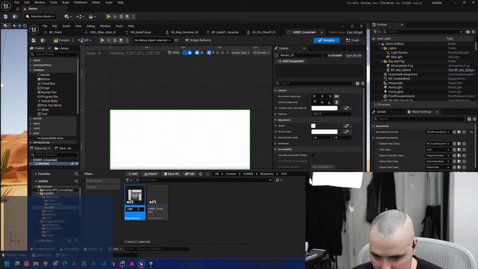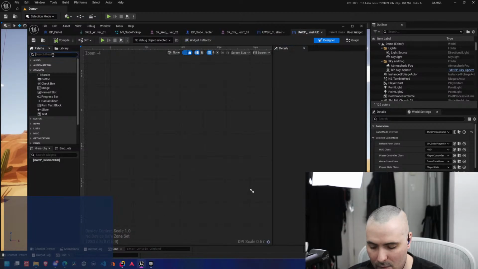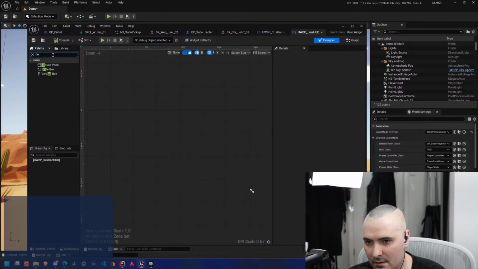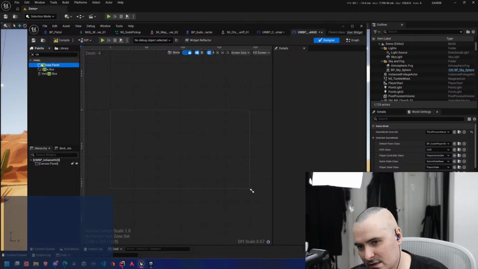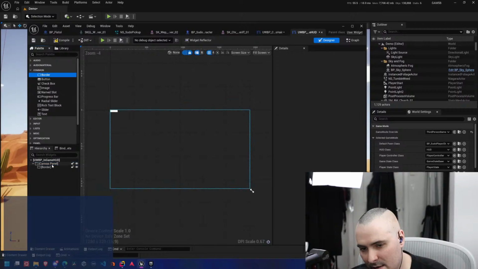User widget blueprint. HUD? Oh wait, this needs to be in-game HUD. Okay, and then here we'll do the canvas panel, because the canvas allows us to actually center things. Okay, and then we'll put a border here.